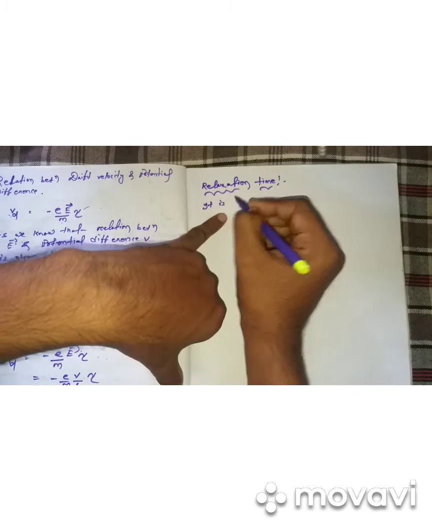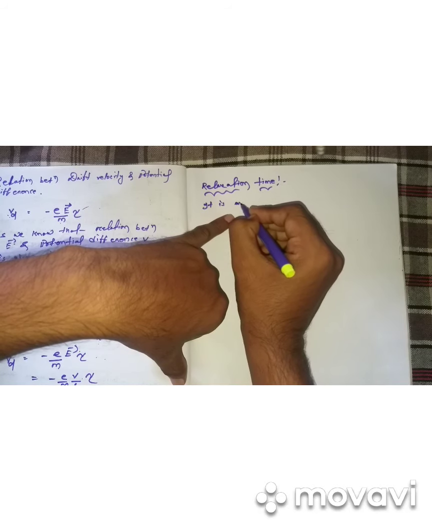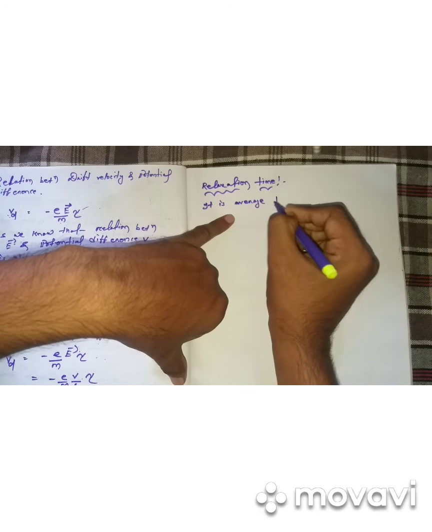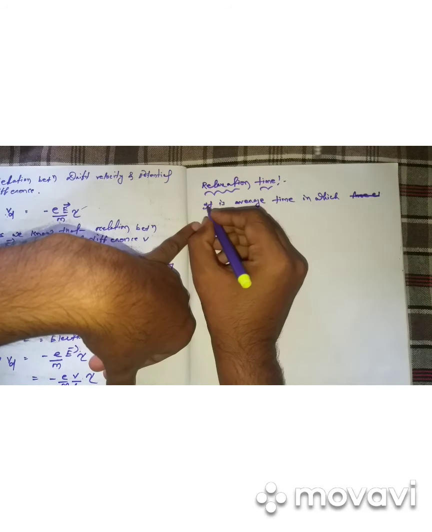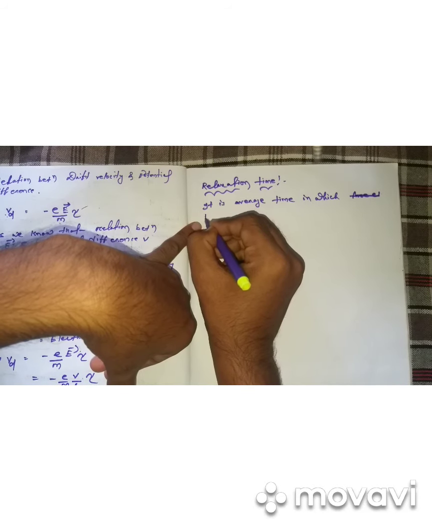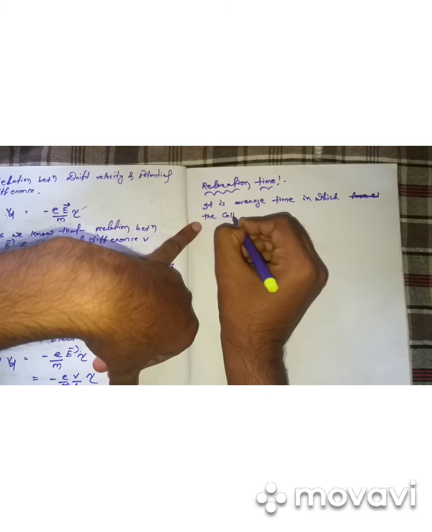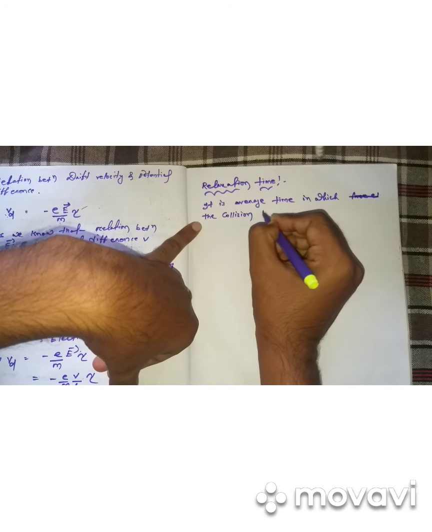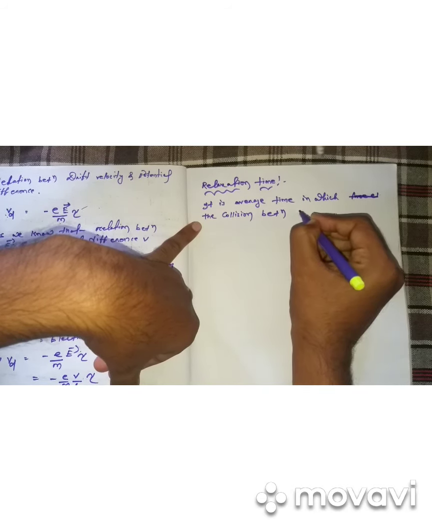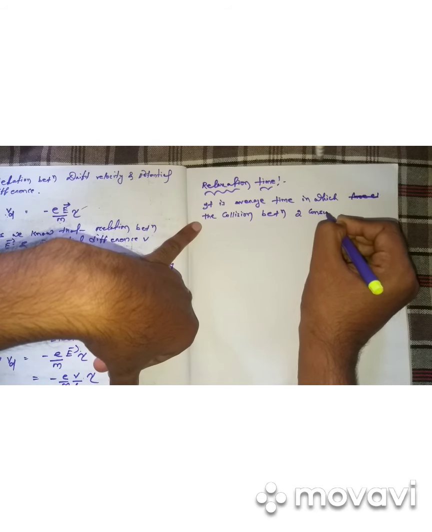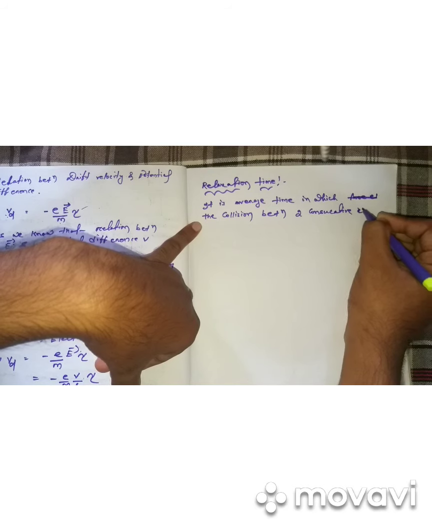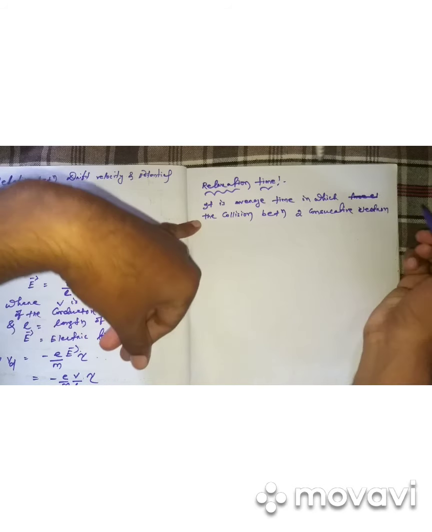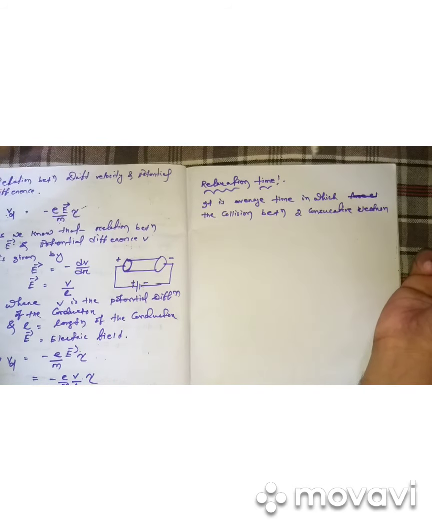It is the average time in which the collision between two consecutive electrons happens. Okay,